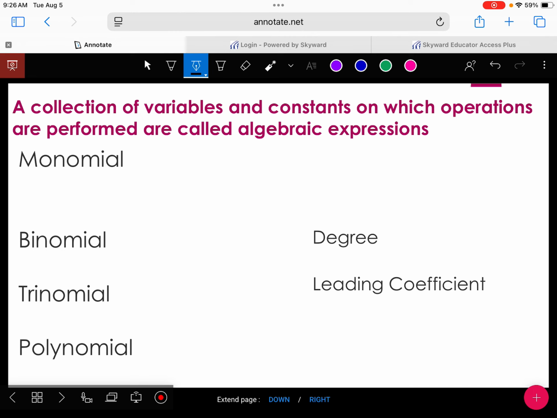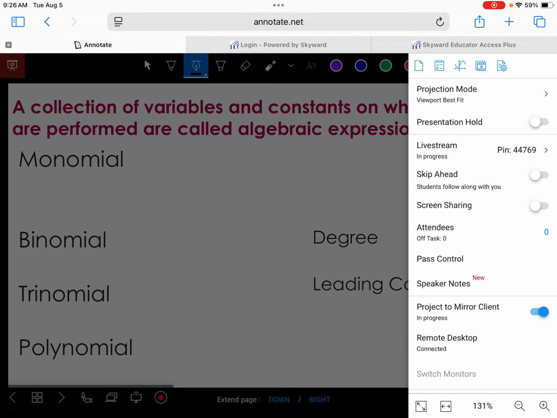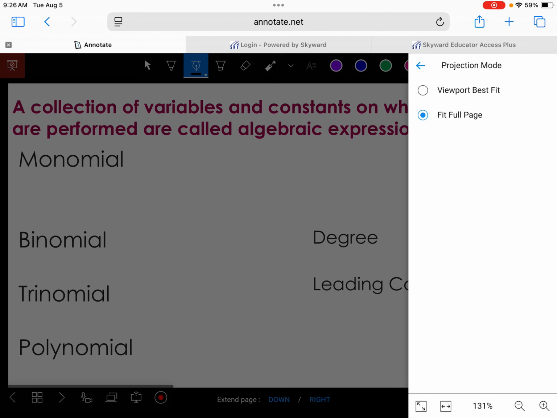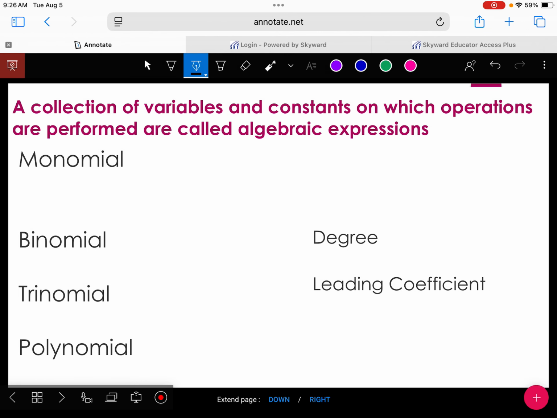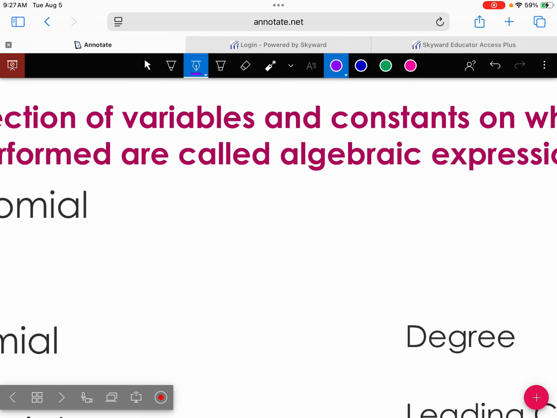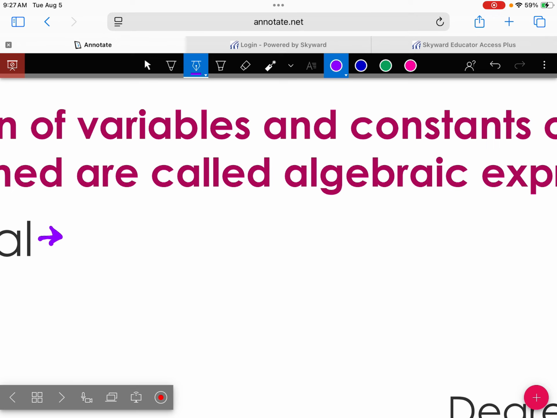So we're going to talk about monomials and polynomials and that kind of vibe. So we got to remember these words. A collection of variables and constants on which operations are performed are algebraic expressions. Pretty much what that means is it doesn't have an equal sign. I'm going to fix it so it doesn't have that black bar at the top. There we go. So I'm going to write these definitions with you. So we've got monomials. Mono. A lot of times it's one thing. So a monomial, which is going to be our longest definition that we write,